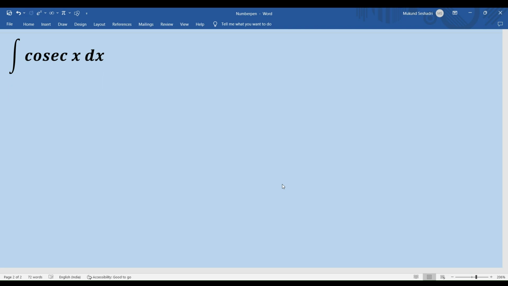So in this video, we are going to look at the integral of cosecant x dx, right? Again, an integral which I would recommend you remember because it could come in handy when you solve complex problems in integral calculus, right? And even if you're not able to remember it, it is still fine, but I want to ensure that you are familiarizing yourself with our approach to solving the integral of cosecant x dx,